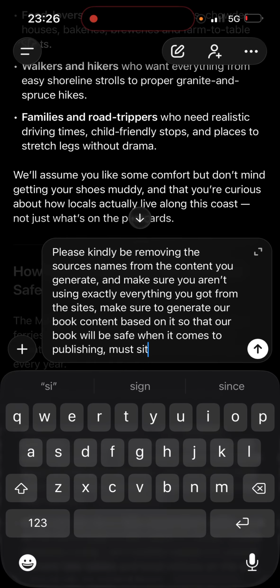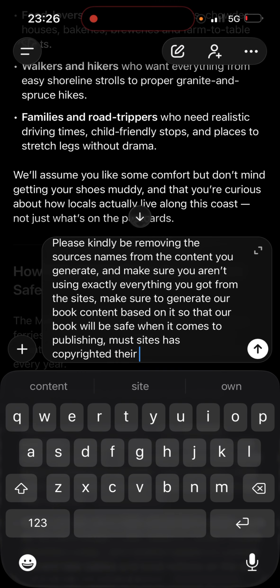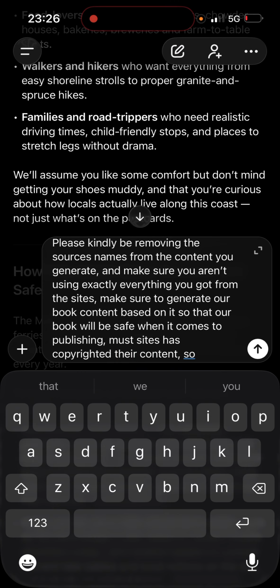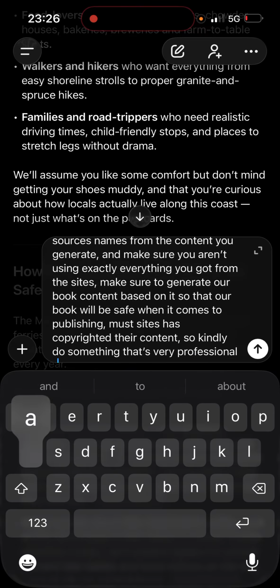Most sites are copyrighted. Their content. So when they do something that is very professional and follow